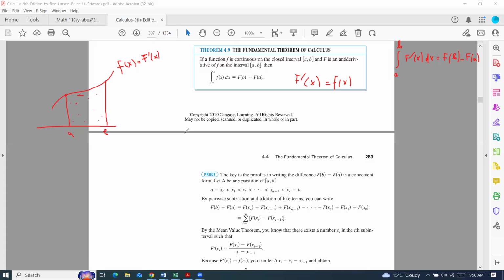So how do they justify this? I just want to give you an idea of the justification. They break this into close to infinitely many pieces, because then they take the limit. And in every piece, they say they can use the mean value theorem. So for every piece, you basically treat it as if it was a rectangle. They say if you have a rectangle and the upper part is going to be designed from that function capital F,